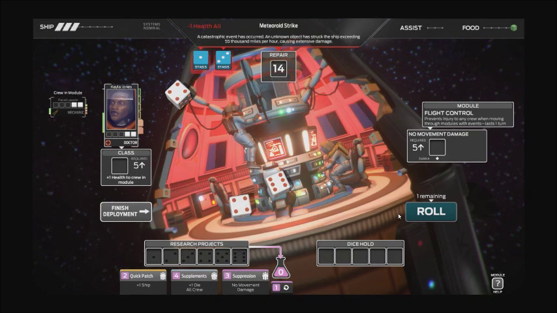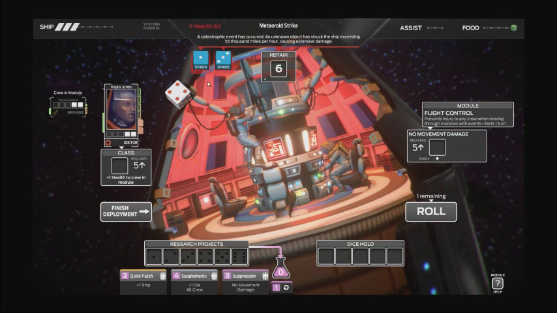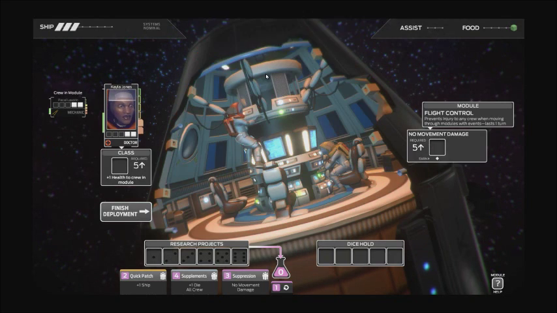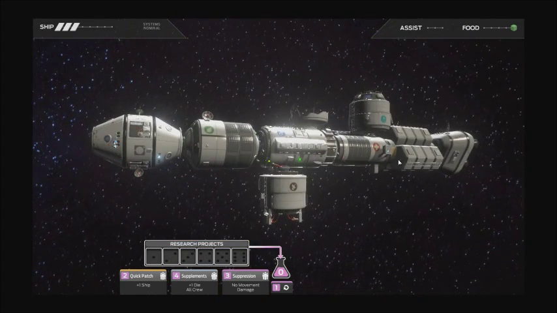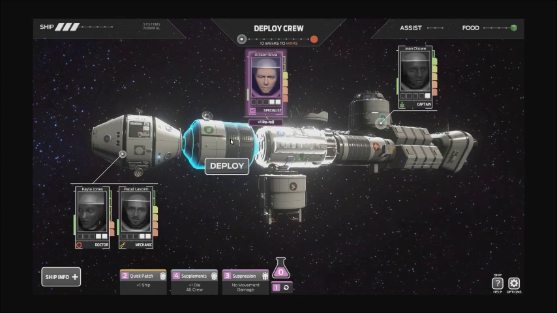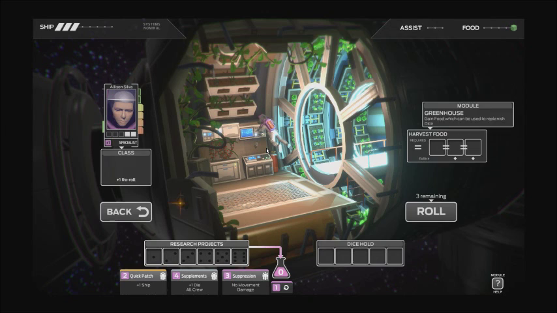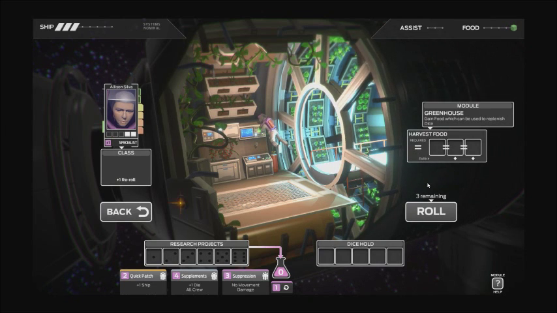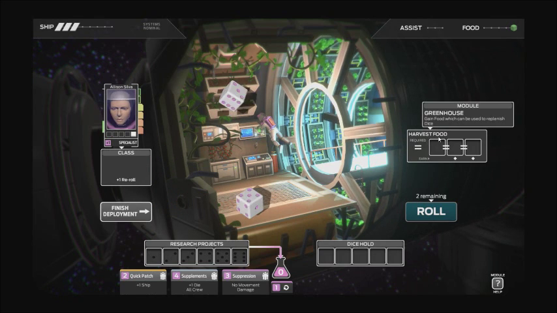Now that's good. That's going to fix it. So we'll stick that over there. There we go. Fixed. So finish deployment on that character. And what I will do is I will take this character down to where the food's made, to the greenhouse, and I will roll, because if I get...